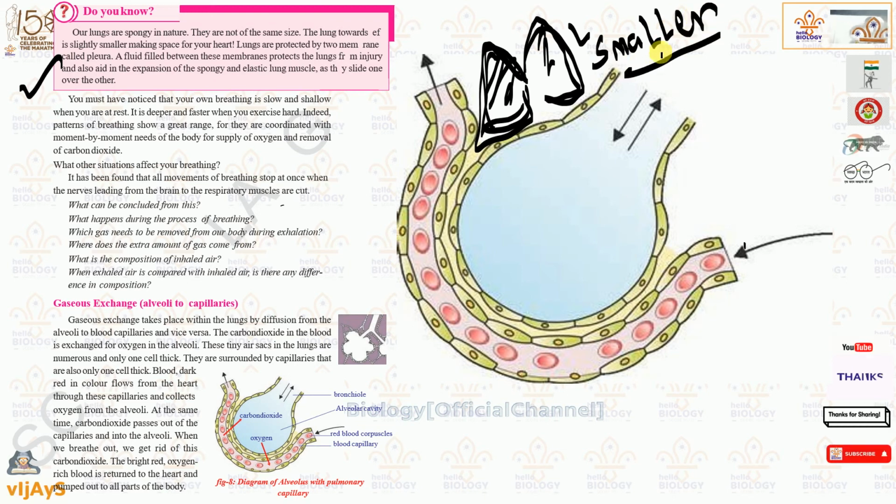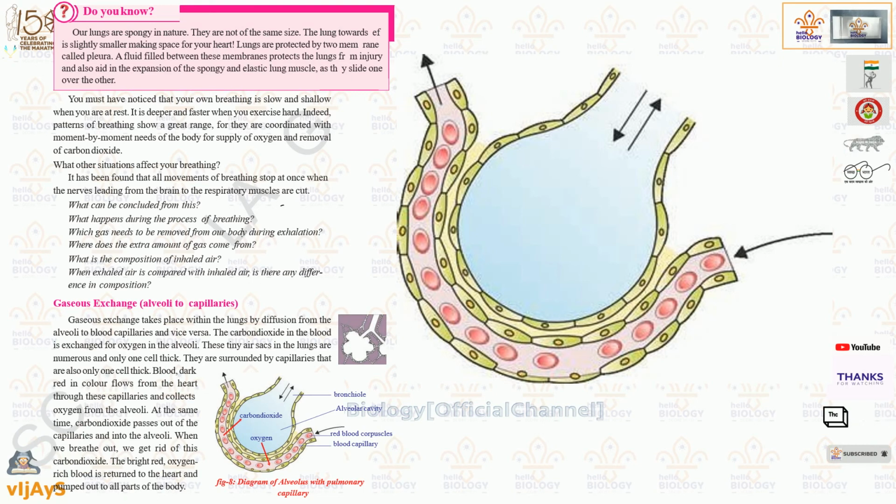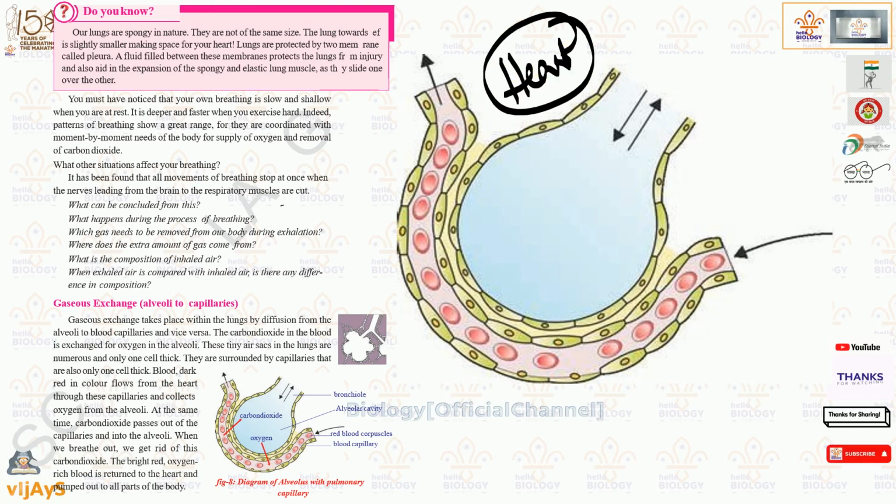Smaller. So in that, L represents the left lung. Understood? So the right lung will be larger. If you remember, one will be reciprocal for that. And the left lung will be having smaller space. Why? Because usually the heart is located there. As I discussed in yesterday's class, the heart will be located there, so in order to give that space for the heart, the left lung will be made a little smaller when compared to the right lung.